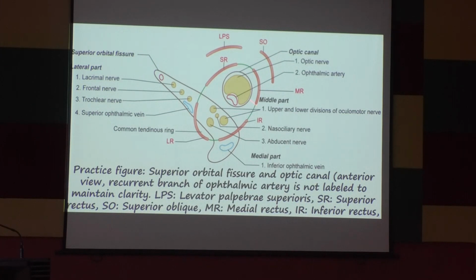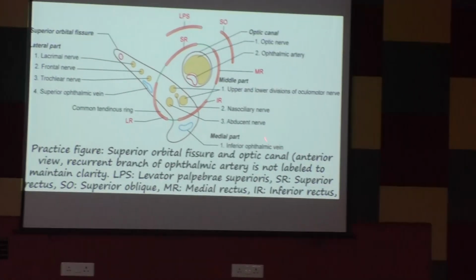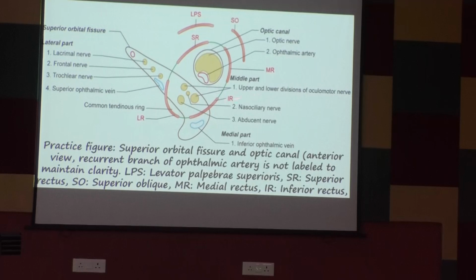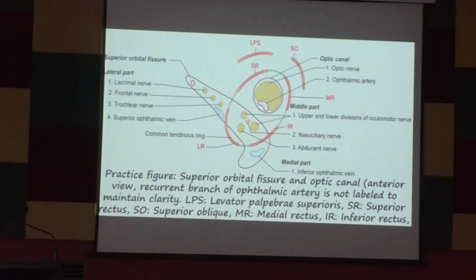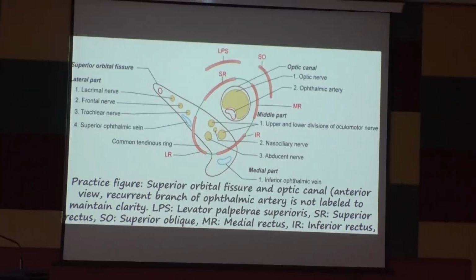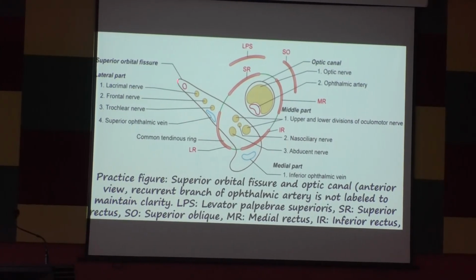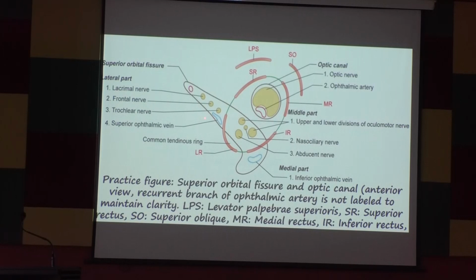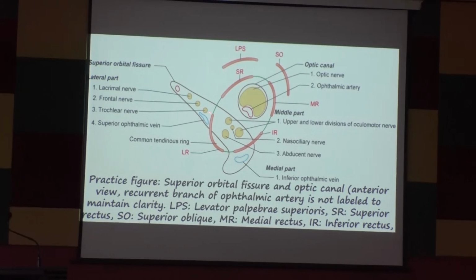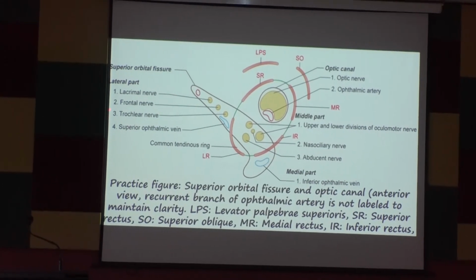into three parts. Okay, the medial part gives passage to the inferior ophthalmic vein. The superior ophthalmic vein is not here; the optic nerve passes through the optic canal. And this intermediate part gives passage to the upper and lower divisions of the oculomotor nerve, nasociliary nerve, and abducens nerve. And this lateral part gives passage to the superior ophthalmic vein, trochlear nerve, frontal nerve, lacrimal